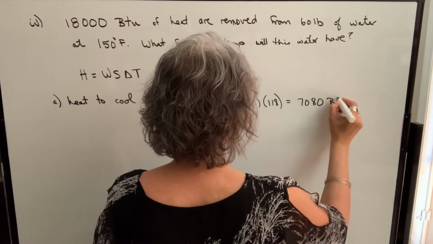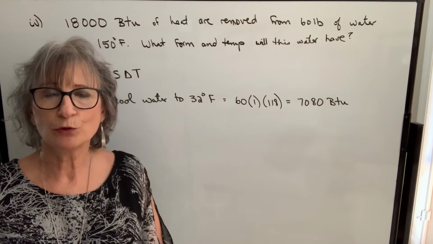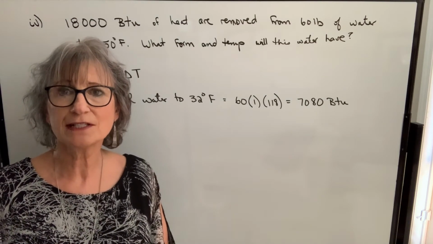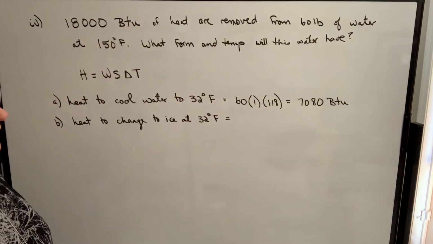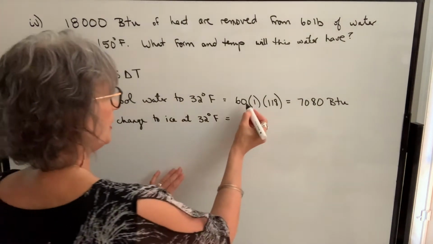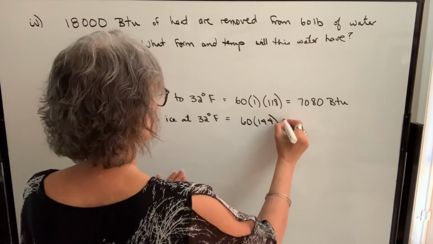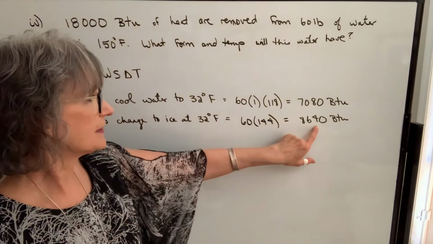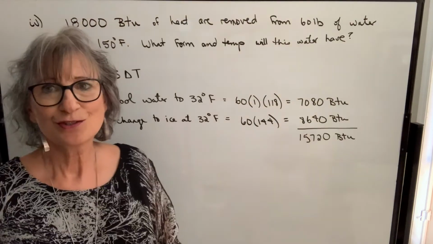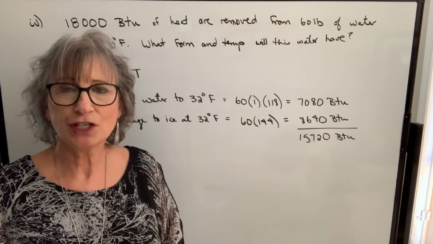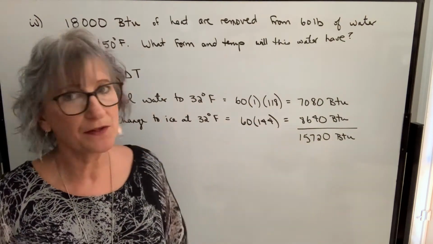which is 7,080 BTUs. Now we're going to find out how many BTUs must be removed to change it from water at 32 degrees to ice at 32 degrees. And in order to find that, we're going to use our latent heat of fusion and multiply by the weight of 60 pounds. So 60 times 144, which is equal to 8,640 BTUs. And now we're going to add those two amounts up. So the total heat that must be removed to change this amount of water to ice at 32 degrees is